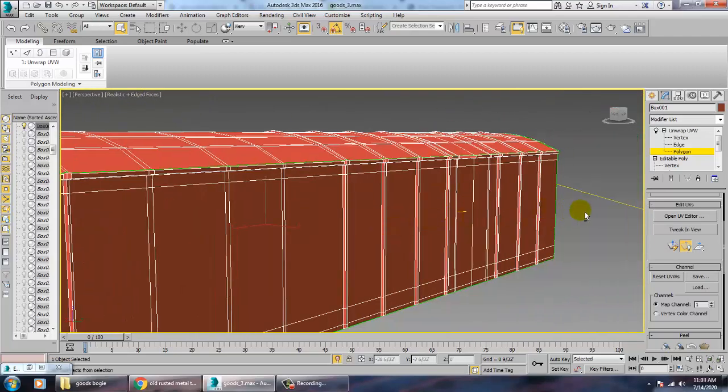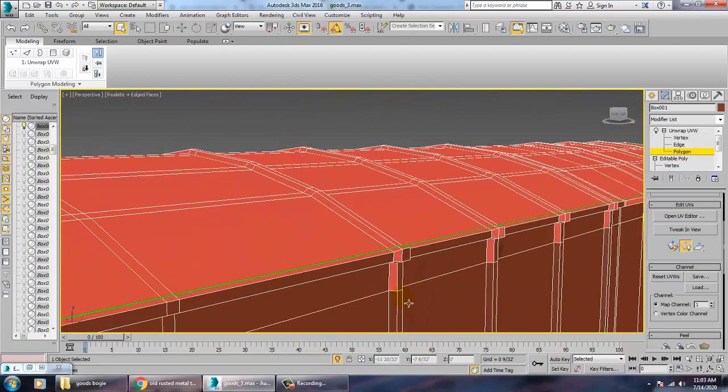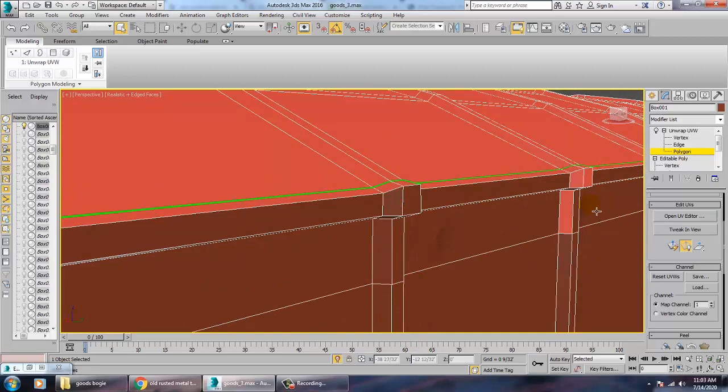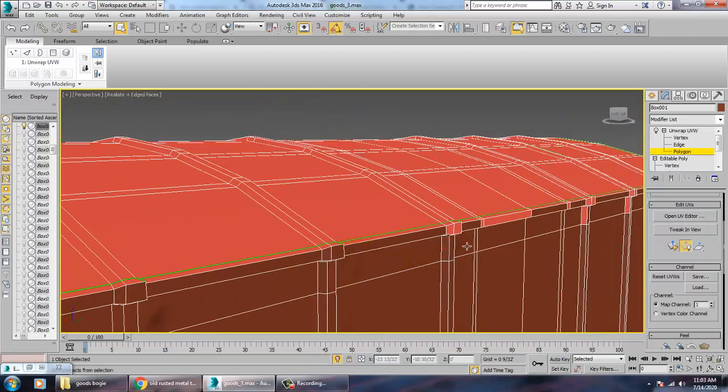Just select this. We don't need this side for now.